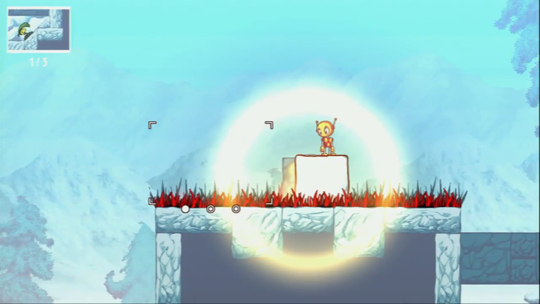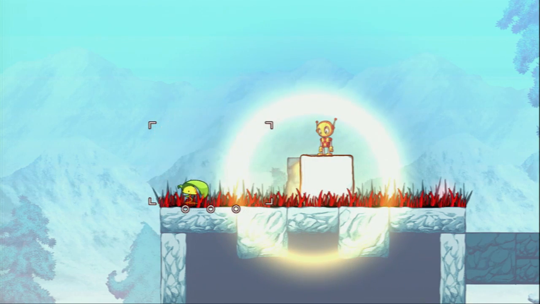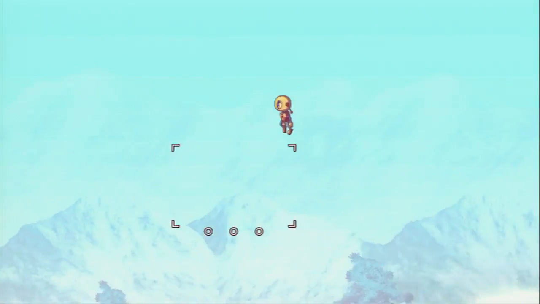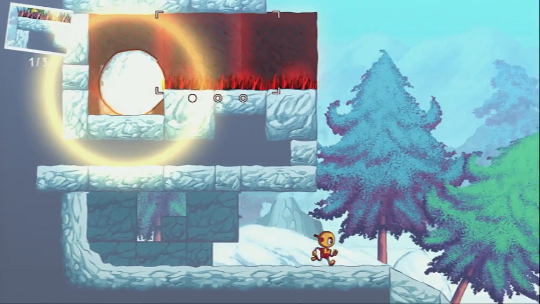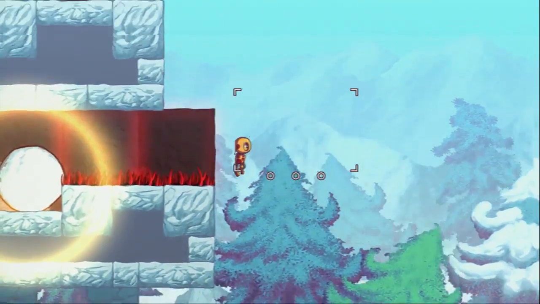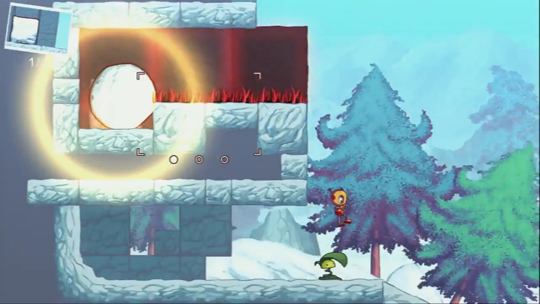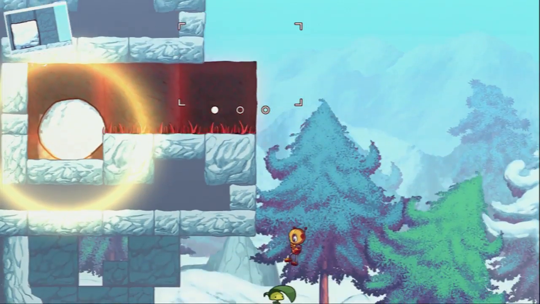Okay, what happens if I drop this guy here? Okay. No. Okay. Huh. Let's see. I got him back. Oh, no, okay. I think I'm okay. Okay. So now I've gotten that, which means